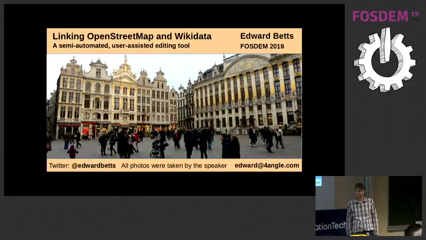Okay, hello, everyone. I'm Edward. I'm an OpenStreetMapper. I've been mapping for 15 years, and I'm part of the Wikipedia community as well. I'm an admin on English language Wikipedia. So I'm going to be talking today about a tool that I've built for machine-assisted matching of OpenStreetMap and Wikidata